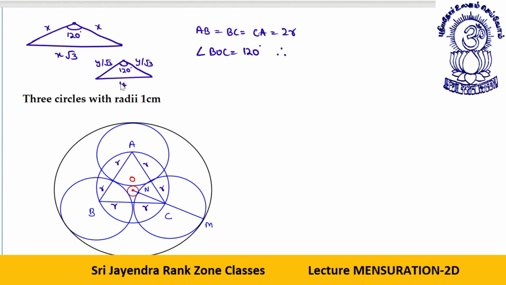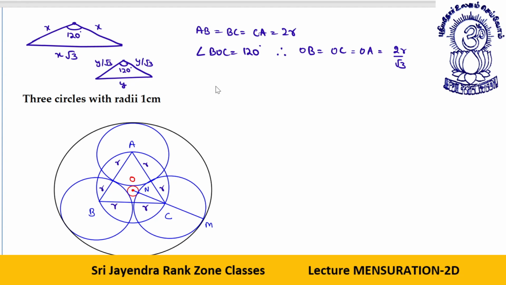So based on that, my dear students, what will happen now? If angle BOC is equal to 120 degree, OB is equal to OC is equal to OA also, whatever is required, is equal to 2R by root 3. One thing is done. Next thing, if I need that, let's say if I join it, this point is N, okay.